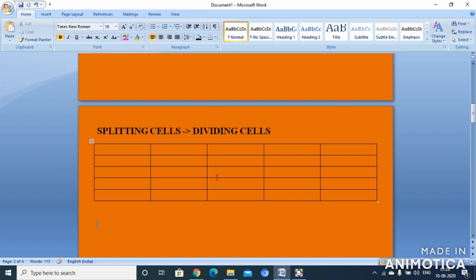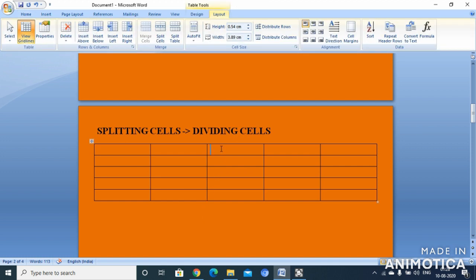Okay children, this is known as splitting of the cells. Suppose this column I am selecting like this. Now if I want to split it into many parts, suppose 4 columns I want and 2 rows I want, I will click OK. See, this is known as splitting of cells. That is division, dividing the cells. Okay, children, so splitting of cells you must have understood. Let us undo the action over here now. Let us come back to the original position now.